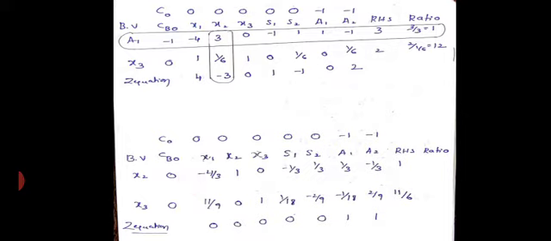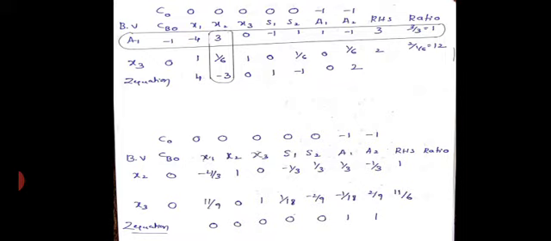Now observe the z equation. How to get the z equation, I told you: it is the summation of CB into the xi columns, all the columns, minus Cj, that is the objective function coefficient. 0 into anything is 0, so it will be 0. Similarly 0 into this x2 column, anything will be 0. Again 0 into the x3 column is 0. Again here 0 into anything is 0. But when it comes to this, 0 into 0 is 0, and minus of minus is plus 1, similarly here plus 1. Now we got it: in my z equation all the variables are equal to 0 or positive values.